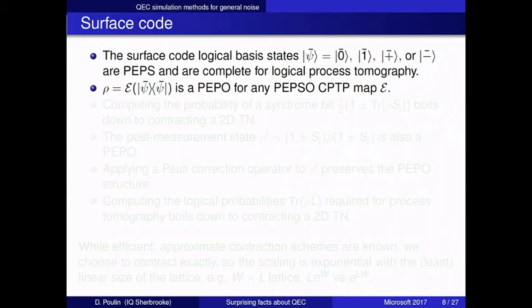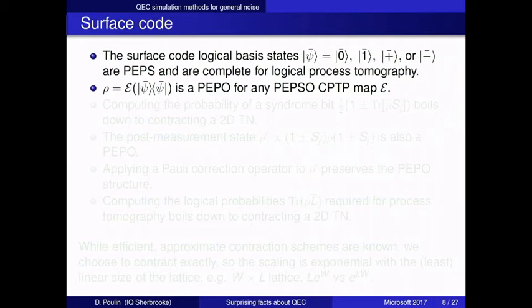Okay, if I apply a 2D tensor network noise, and I call this a PEPSO, so SO is for superoperator, but that's more like a joke, but no one gets it. The point is that if I have a noise model that's a 2D tensor network and I apply it to a 2D tensor network, I just get a 2D tensor network. This is very, very general.